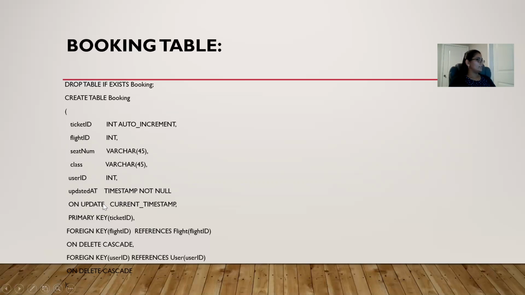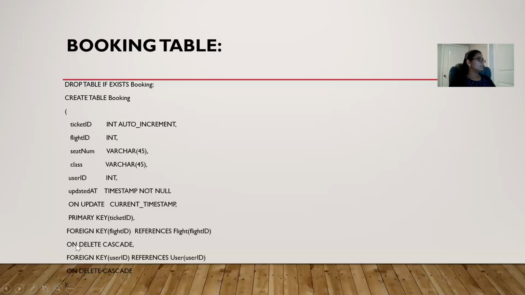On update current timestamp, and ticket ID is the primary key and the flight ID is foreign key and it references to the flight ID in the flight table, where the flight ID in this flight table is primary key. On delete cascade.